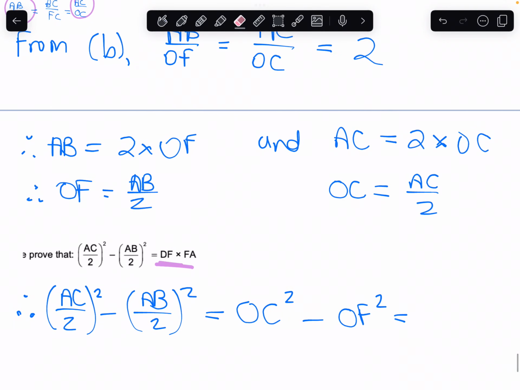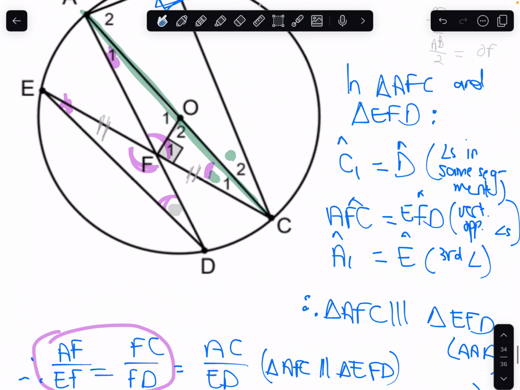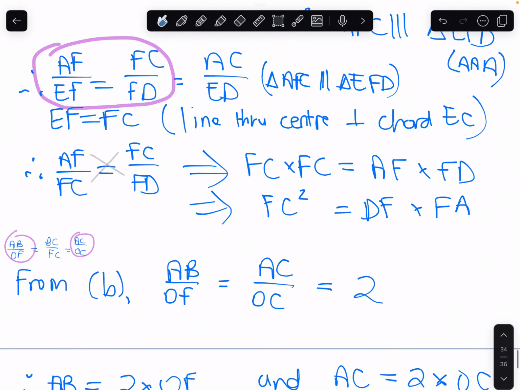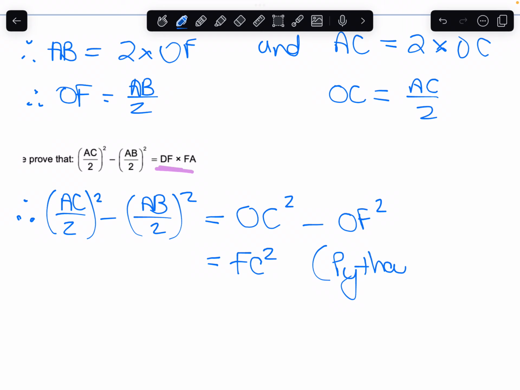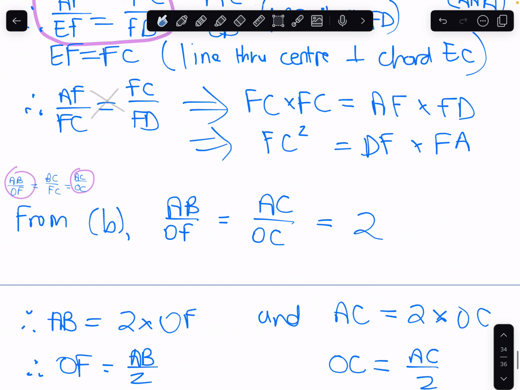And maybe a new line will help. OC squared minus OF squared, according to Pythagoras, will be equal to FC squared. So that will be equal to FC squared because Pythagoras said so, right? And then on the other hand, we have shown that